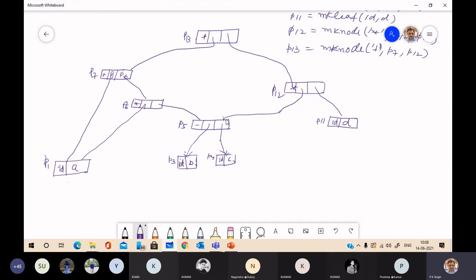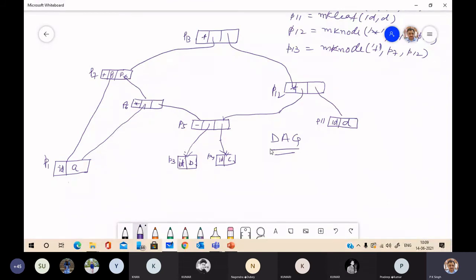So in the previous case, in the syntax tree, you have a total of 13 nodes. You have to create 13 nodes. Now you have a total of 8 nodes. And if you see, it is nothing but a directed acyclic graph.